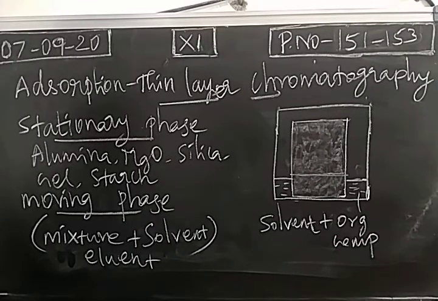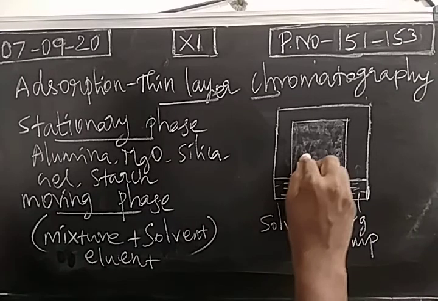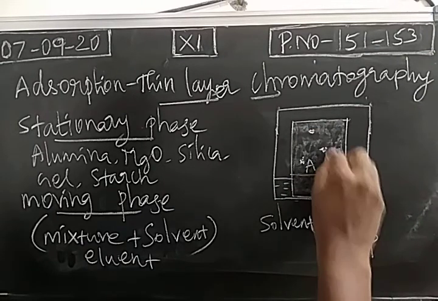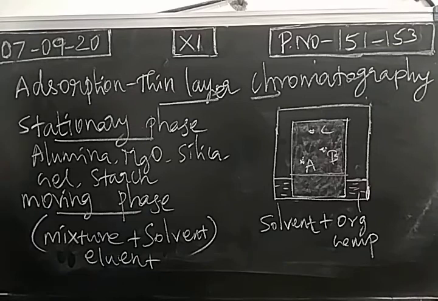So if you have colored components, for example, in the mixture we have 3 components, right? If all the 3 are colored components, means you will get 3 different spots. It may be component A, B, C. So the 3 components present in the mixture will be made as spots. Right? Colored spots can be observed. So using this TLC plate, we can easily identify how many components are present in the mixture. 5 components present means 5 spots will be observed.